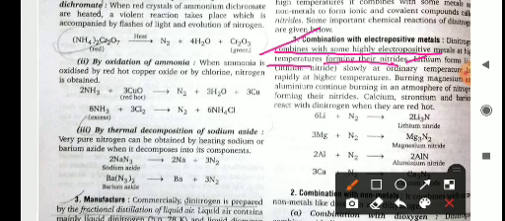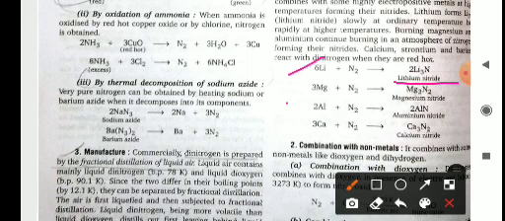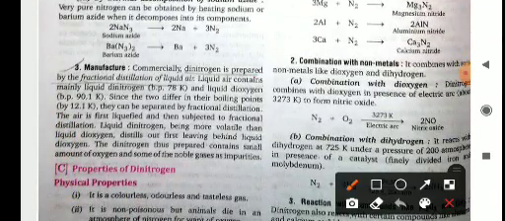Okay, for example, lithium forms lithium nitride slowly at ordinary temperature but rapidly at higher temperature. So we will see the reactions: lithium reacts with nitrogen to form lithium nitride, magnesium reacts with nitrogen to form magnesium nitride, aluminium reacts with nitrogen to form aluminium nitride, and calcium reacts with nitrogen to form calcium nitride. Okay, so these are the combination reactions of nitrogen with some reactive metals.